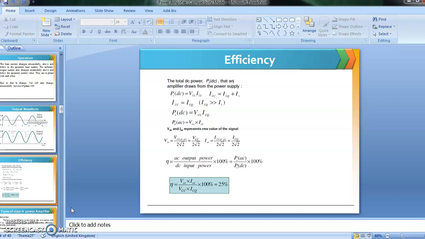Normally AC voltage is equal to the RMS value, that is peak divided by the square root of 2. Here the square root of 2 indicates the output cycle has both positive and negative halves. If the output cycle has only the positive half, then the equation becomes voltage divided by pi. So that is the average value. So VCE is equal to Vm by root 2. Vm is the peak, that is the maximum voltage. Here the maximum voltage is equal to peak to peak voltage divided by 2. So here peak to peak voltage is equal to VCC. That is the maximum range of the voltage.